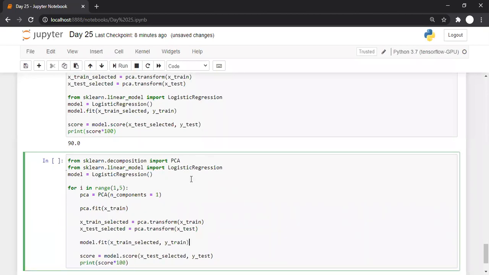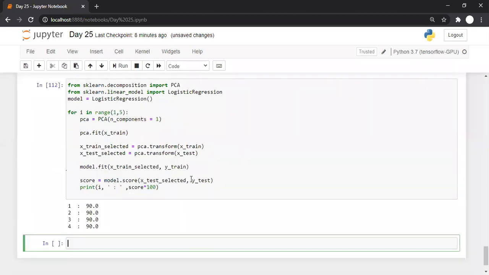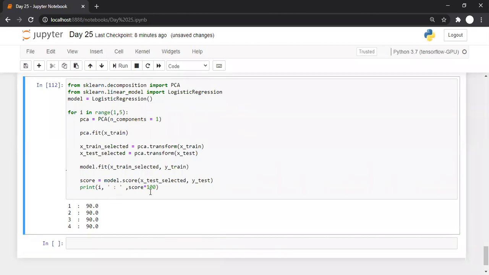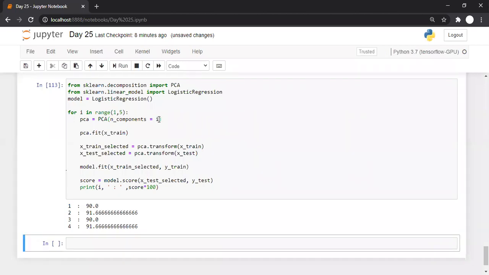Then model dot fit, model dot score, and here we can print something like this, str of i, or let's say i comma, so with one component. Here I should write i, forgot it.